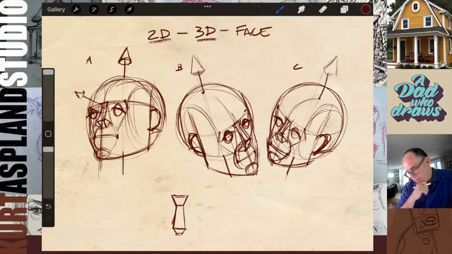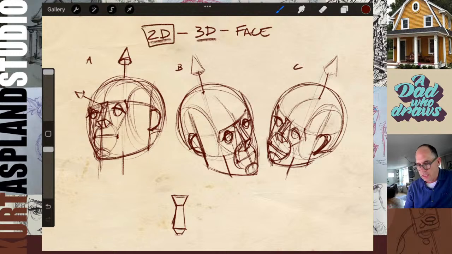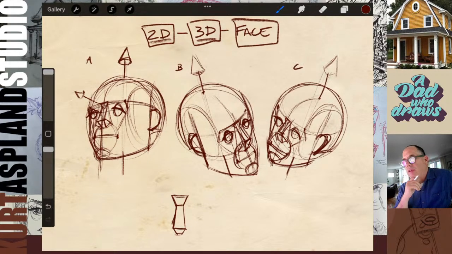Now, if you get those down and are able to draw those on a regular basis, going through 2D, 3D, face placement, and then all those extra little parts, it's really going to serve you well of getting your head all squared up, okay? Any questions on that? If you have questions, you can throw them in the chat. I can look at them, but that's the basics. That's the basis of it. Okay. All right.